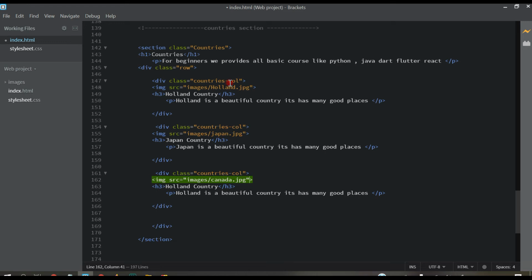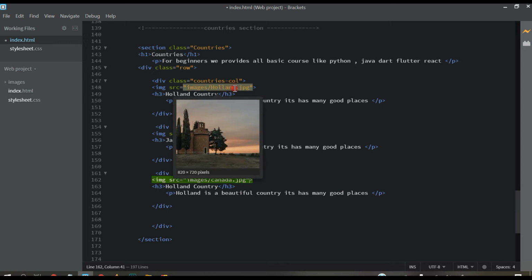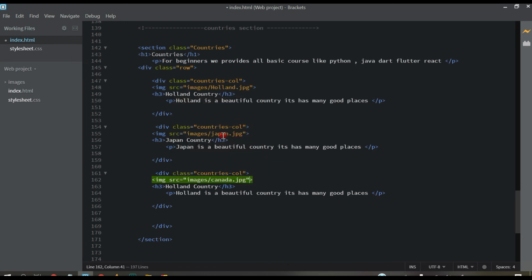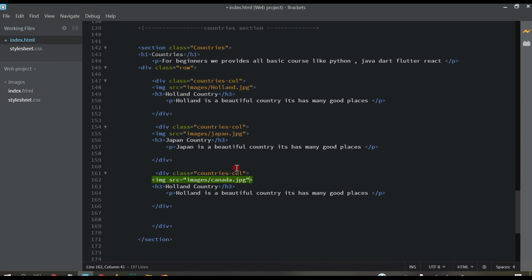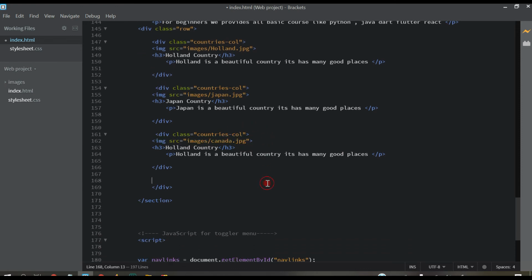I will provide you all the images in the description. You can hover on the image, and you will see the properties of this image, how much dimension. It's this dimension like 820 into 720, like this. You can crop the same size. Now Control S, and let's go to browser and check it.